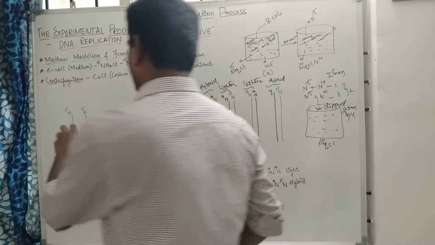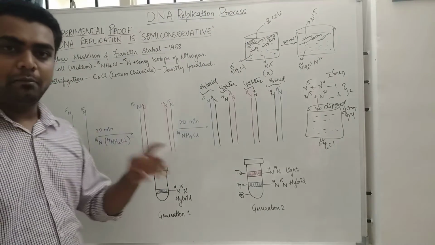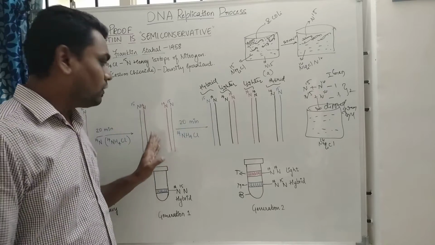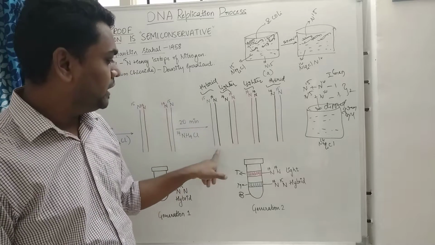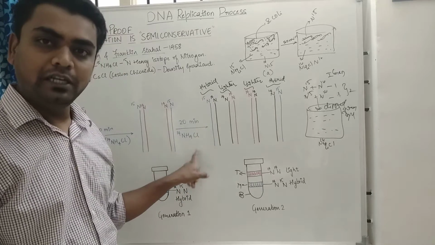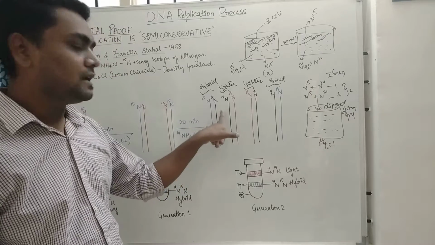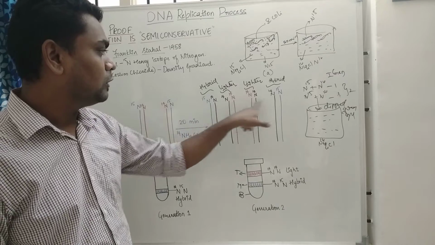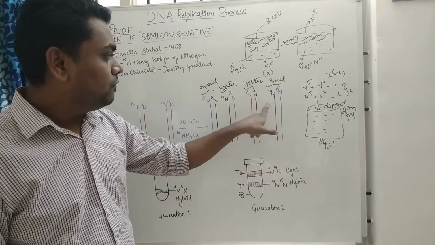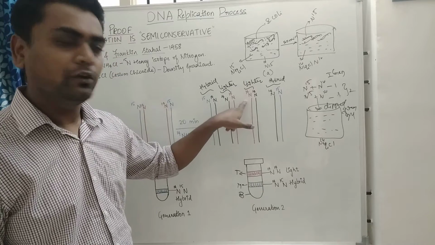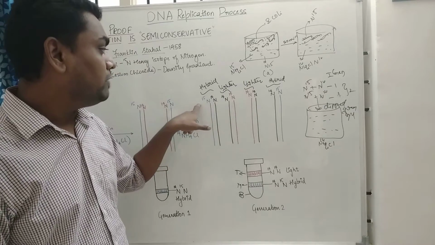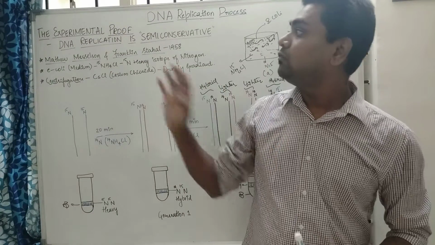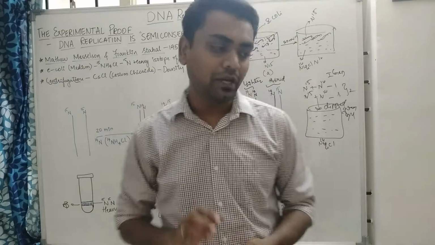See here, N15 initial 2 strands. When replication happens, it has to be 4. They have separated and got new pairs. Here 4, they want to be 8 because they have to separate 8 pairs. But whichever medium they have cultivated in, that acts as the new strand. See here, N14 they dipped in, so all got N14. Wherever N14, N14 is lighter. Wherever N15 and N14, it is a hybrid. Wherever N15, N15 is the heavier one. From this they concluded the semi-conservative method.